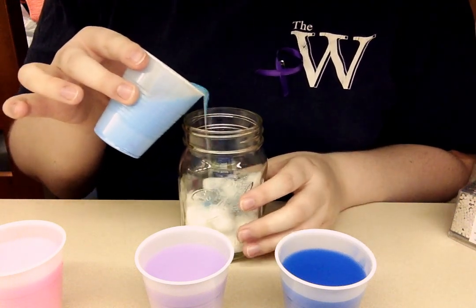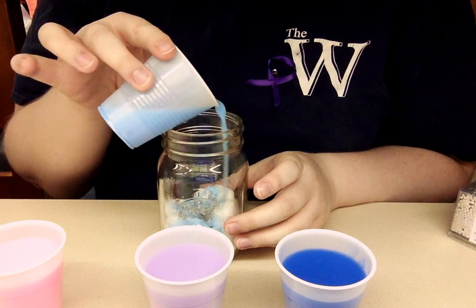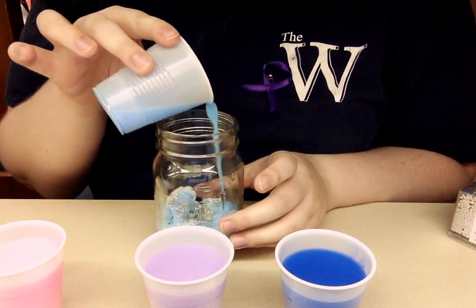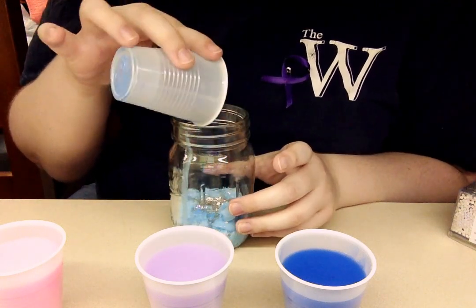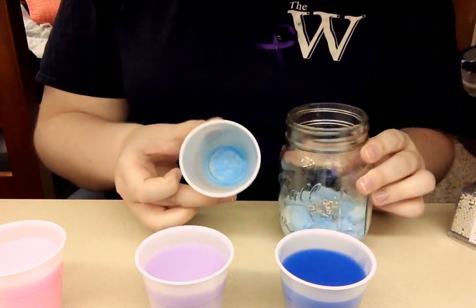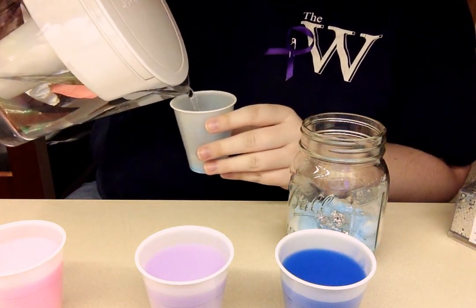And pour the paint on top of the cotton. Try to spread it out as much as you can, like turning the jar, because you want to coat all the cotton. And you're actually going to want to put a little extra liquid in there. See, mine didn't quite make it all the way, and there's still a little paint left in the bottom of the cup. So just take some water and pour a little bit more into the cup,